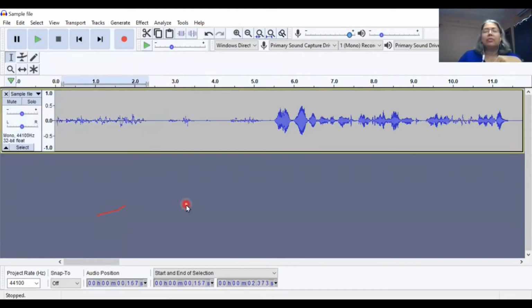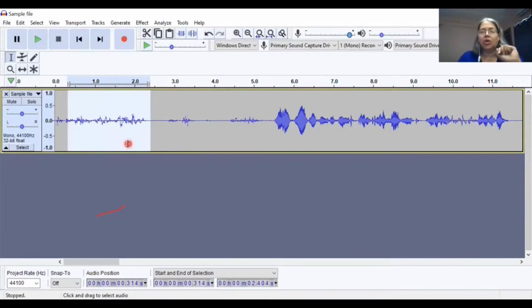How do I go about this? We use the mouse, click, and we are clicking where we want to remove this kind of noise. We want a sample of it. So click, hold, and drag it to the right so that we have a sample of the kind of sound we want to remove. Left click. The line has been placed here. Hold and drag. So now in that white part, we have a sample of the kind of sound we want to delete.